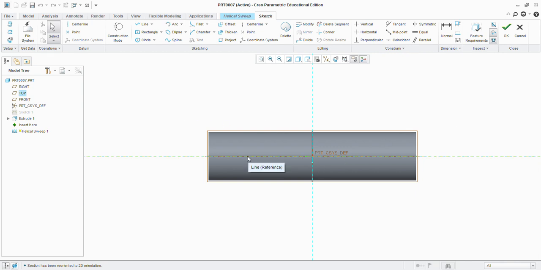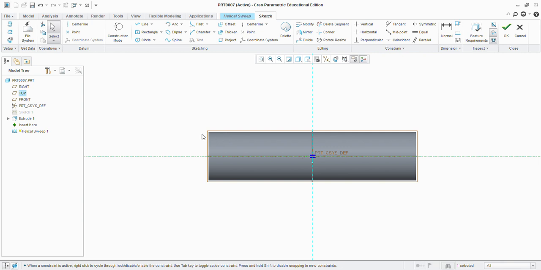So first I have to provide a center line around which the threads will revolve. Logically, the center line should lie here, because the thread will rotate around the cylindrical surface like this and move in this direction. So we need to define a center line here like this. Now we need to use